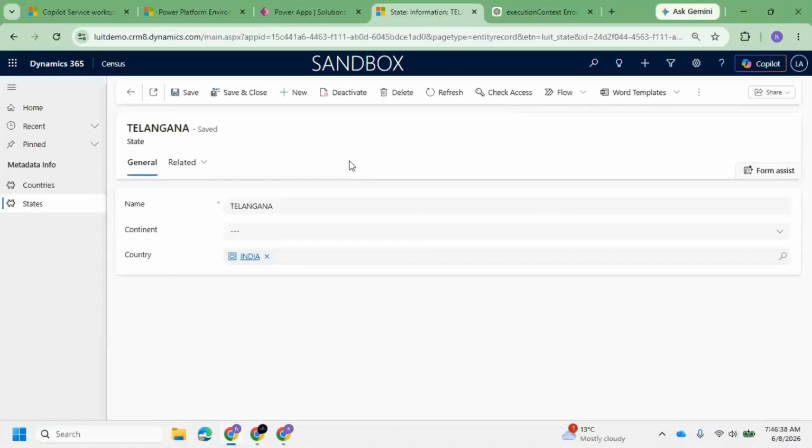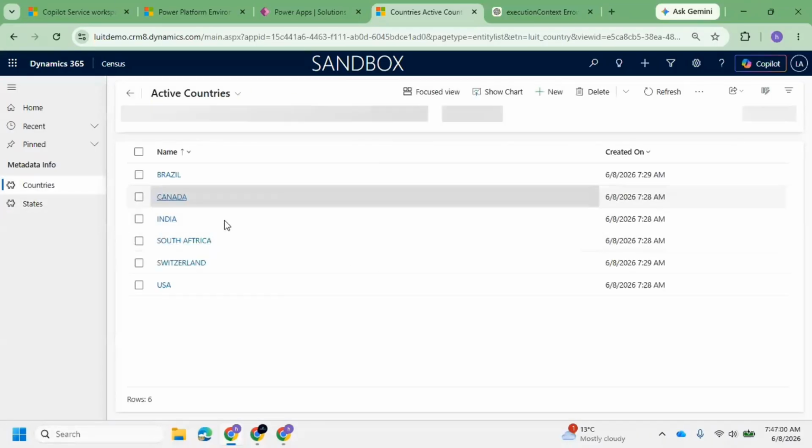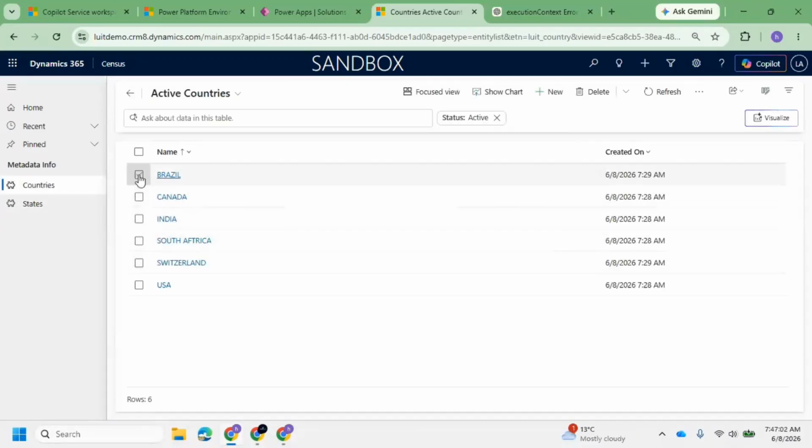Okay. So like that, we can debug the code, whatever we have written. We can cross check the values, whether they are coming as per the requirement or not. So this is about pulling the get value for lookup reference. Suppose if you want to update the same thing, you have to pass these three values: entity name, GID, record name. Okay. Now let's go back to our country. We were discussing